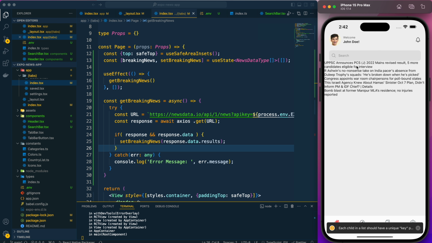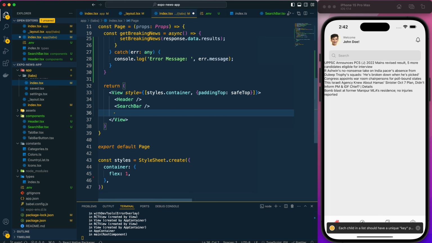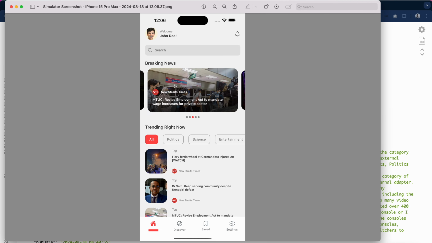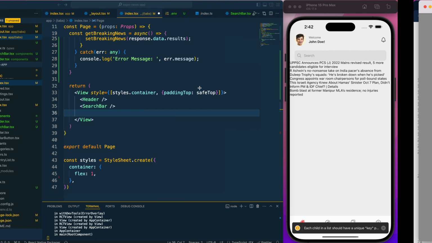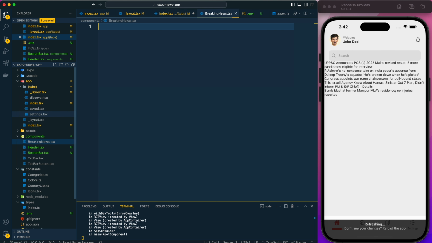Okay, here it is. We are getting the results with some warning, and this warning is nothing, just the unique key we need to provide here, but that is not an issue right now. The main thing is that we are getting the response. That is fine. So I'm getting rid of this, and now I need to create the breaking news component which will display these, right? So here let's create the BreakingNews.tsx file,